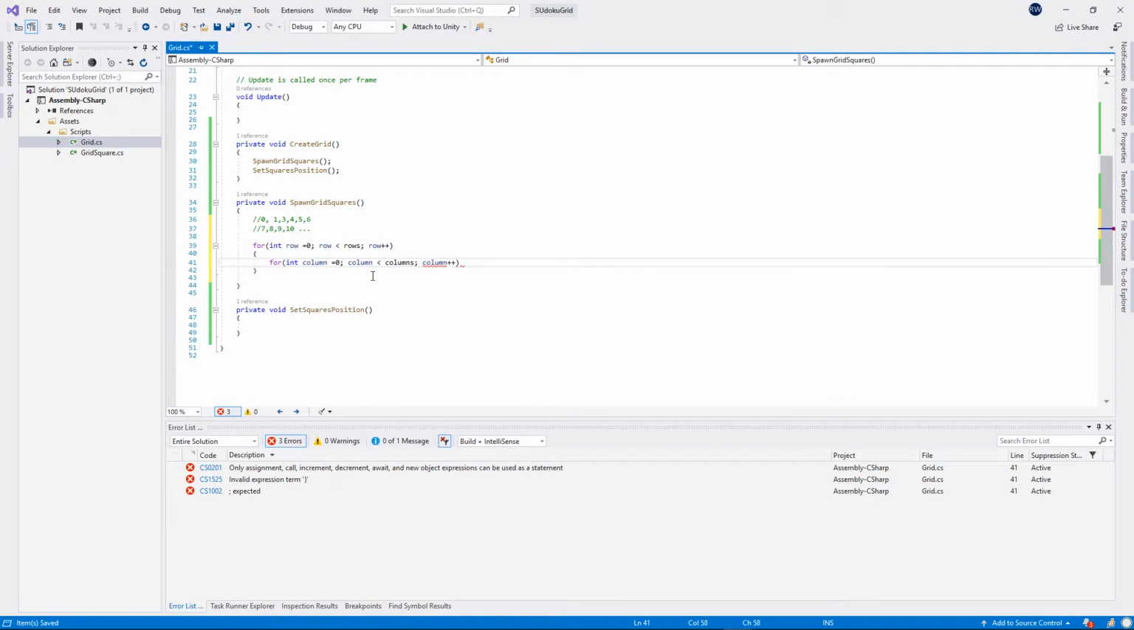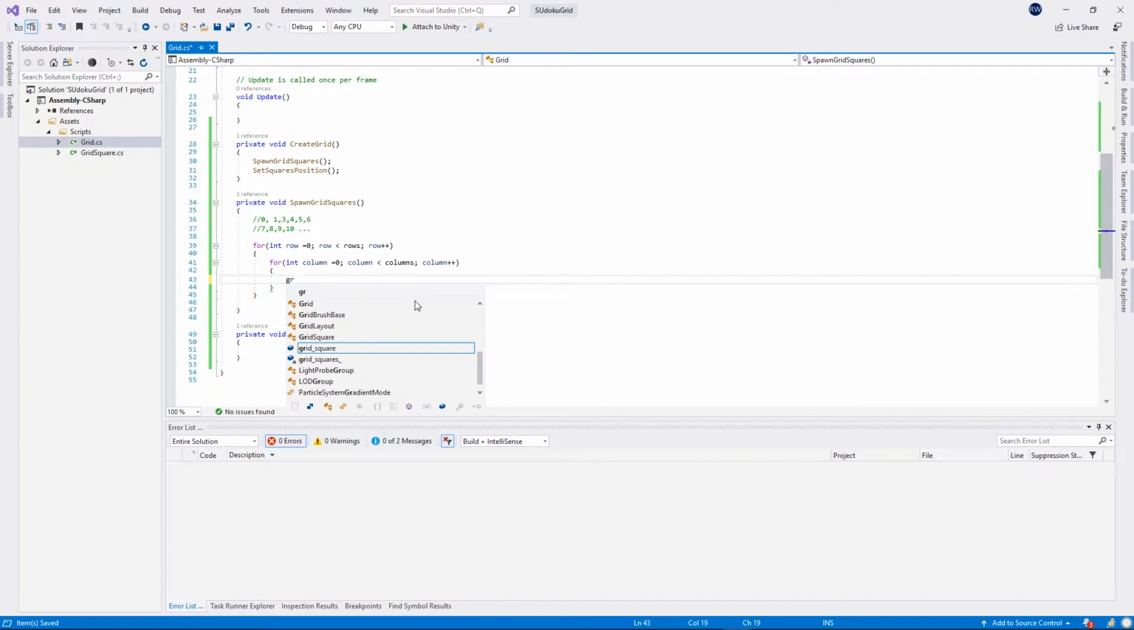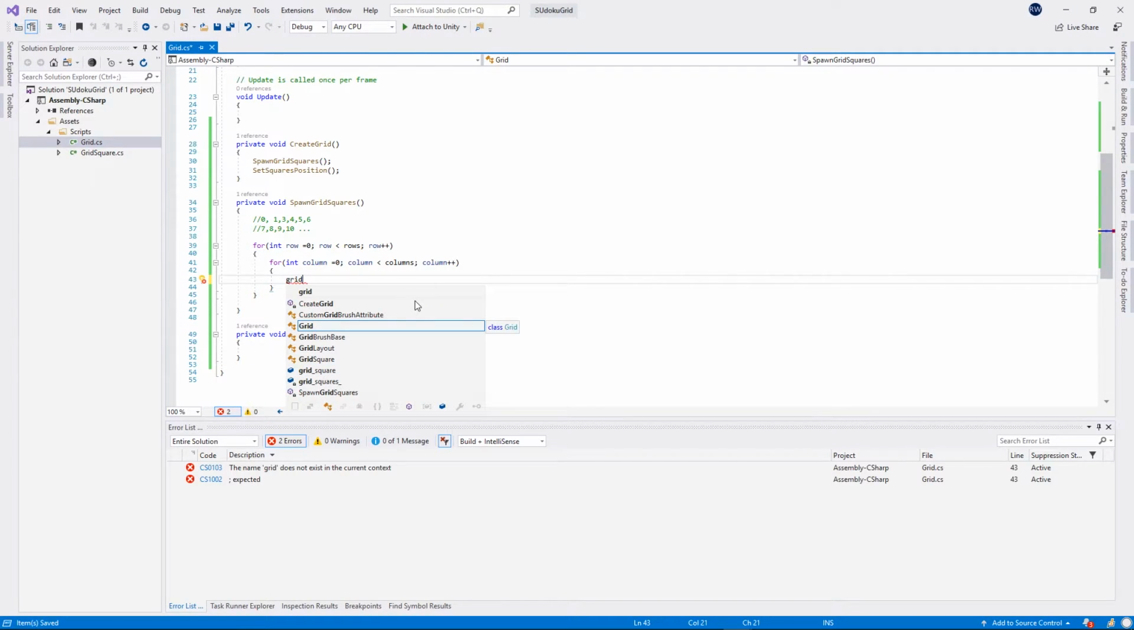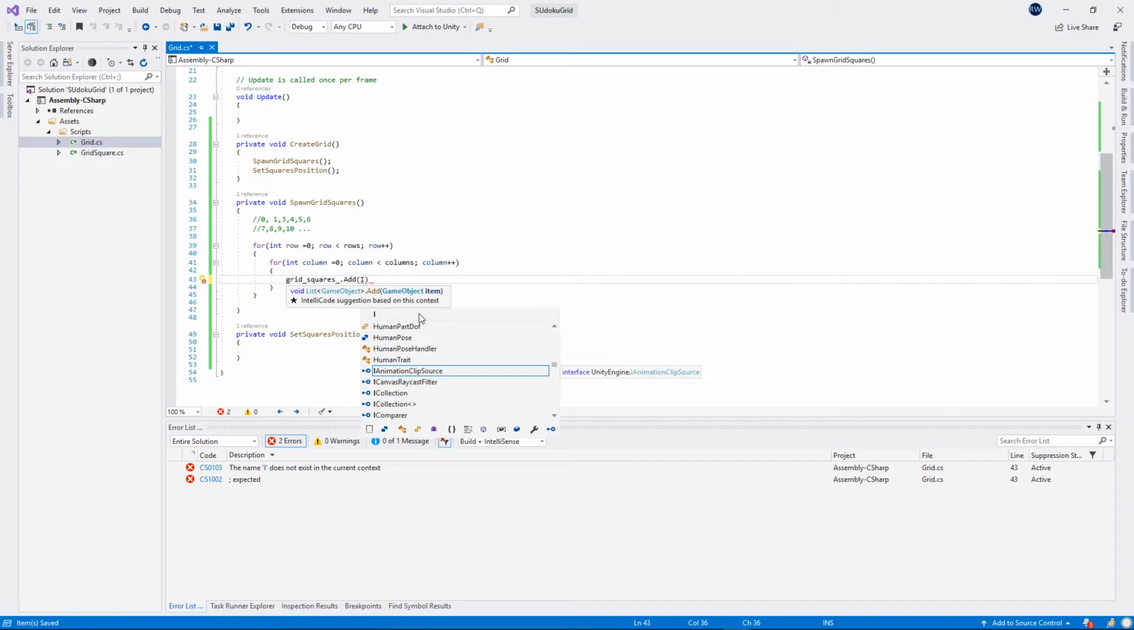Column plus plus. Okay, and then now we want to do grid. Now we want to actually instantiate our prefab. So grid square dot add. So we want to push straight away to the list, and then we want to instantiate